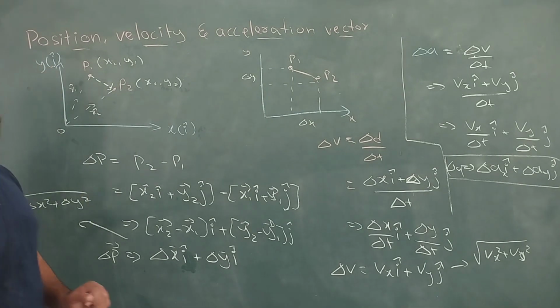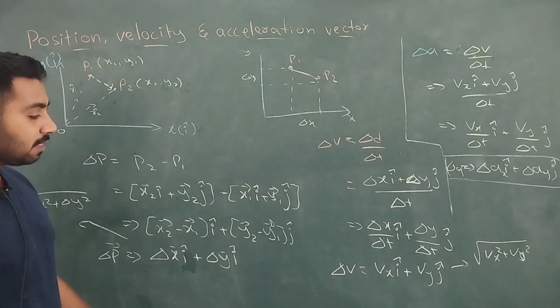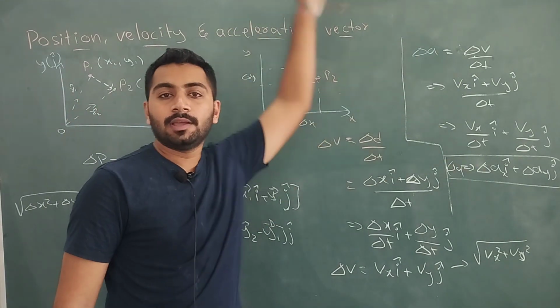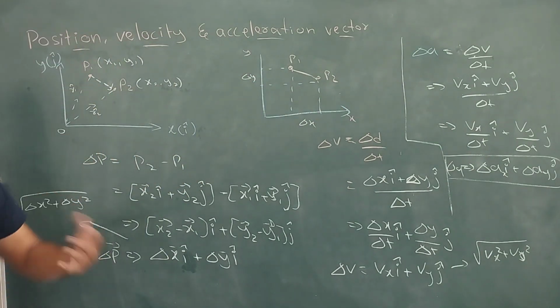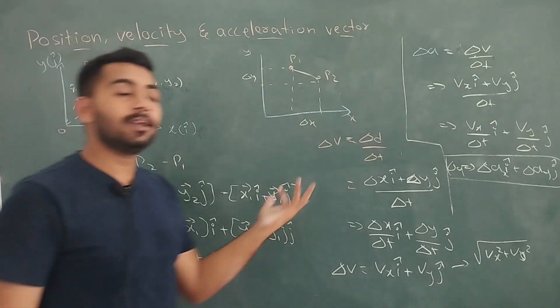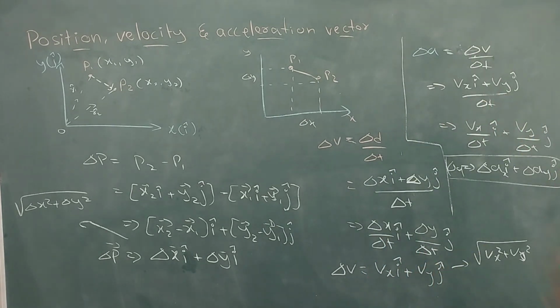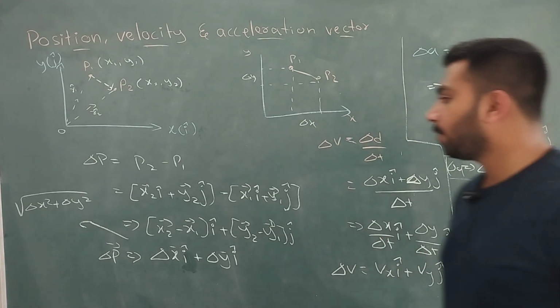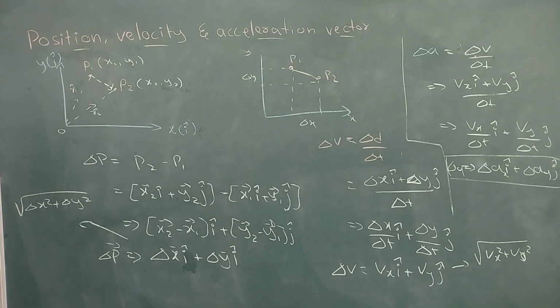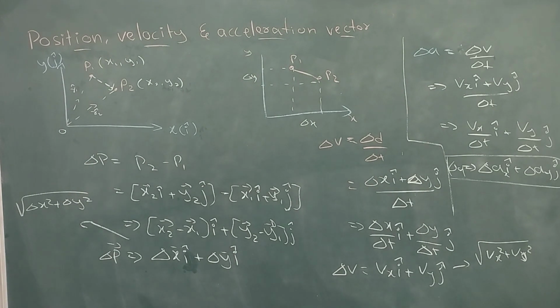Basically we are trying to say these vectors can be used in the form of acceleration, velocity and displacement. We are proving that displacement, velocity and acceleration are vector quantities. Clear guys? If you want to take it, you can take it. If you want, then only, or else your wish.